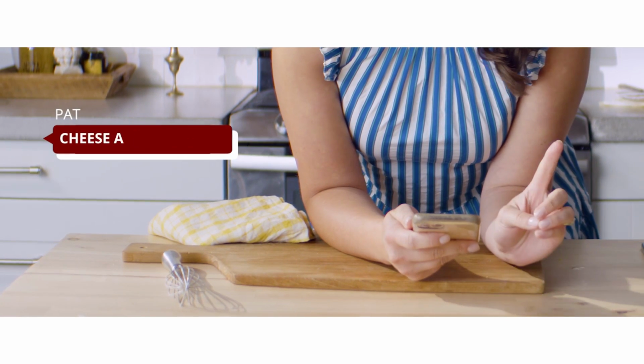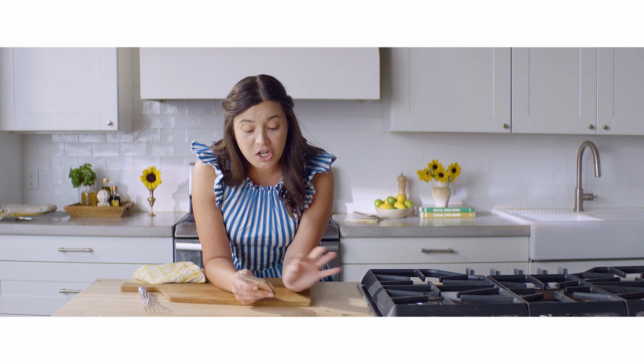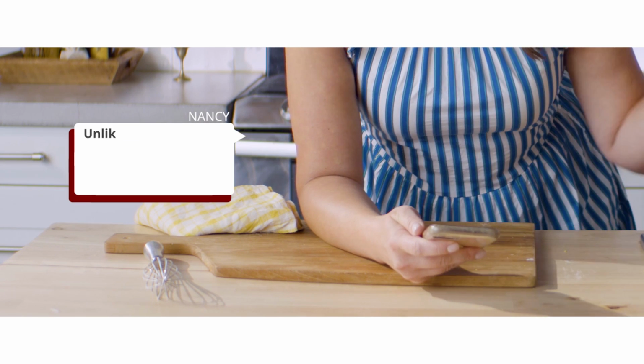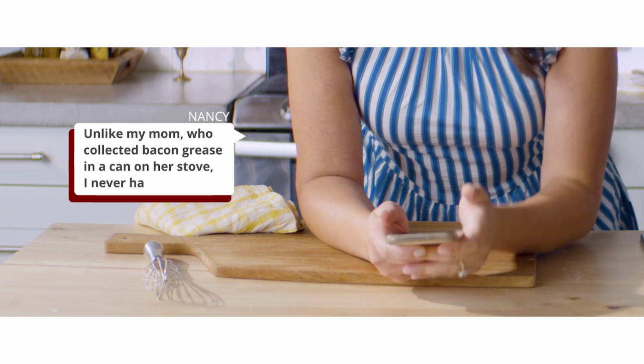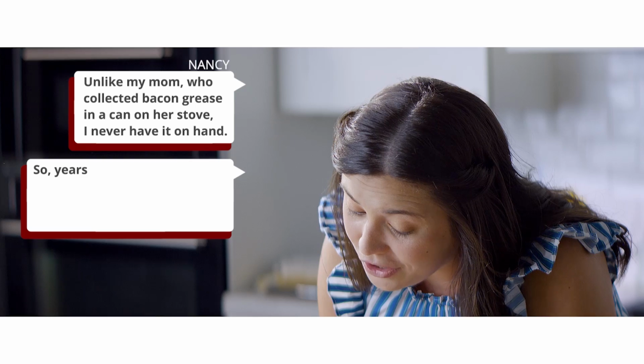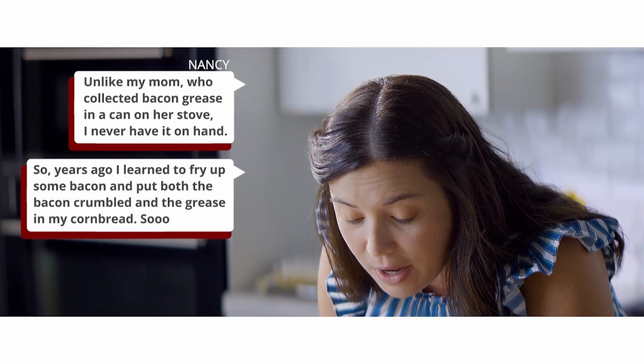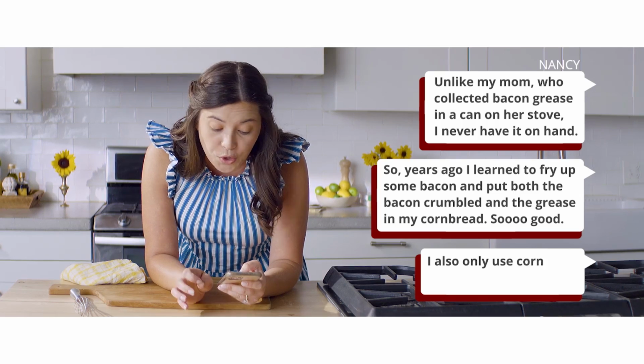Pat Crawford, cheese and jalapeno. We have a lot of stir-ins for variations on cornbread. Cheese and jalapeno is a classic combination stir-in, and I love that. Someone else says, unlike my mom who collected bacon grease in a can on her stove, I never have it on hand. So, years ago, I learned to fry some bacon and put both the bacon crumbled and the grease in my cornbread. So good. I also only use cornmeal stone ground in Georgia, and I am a Georgia girl, so cornmeal stone ground in Georgia, they do it the old-fashioned way with the water press, and it's so amazing to watch that process if